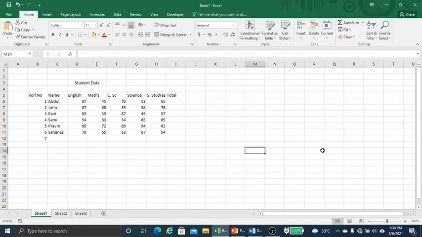Now how to edit or remove cell content? Suppose I want to edit a cell's content. Say, in place of CSC, I want to write here computer. So how can I edit it or remove it? How to edit it? We'll first select the cell, then press the Backspace key on the keyboard. You can see the particular text is being removed.